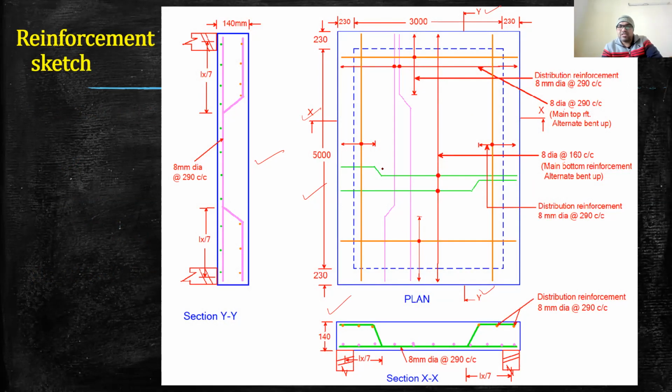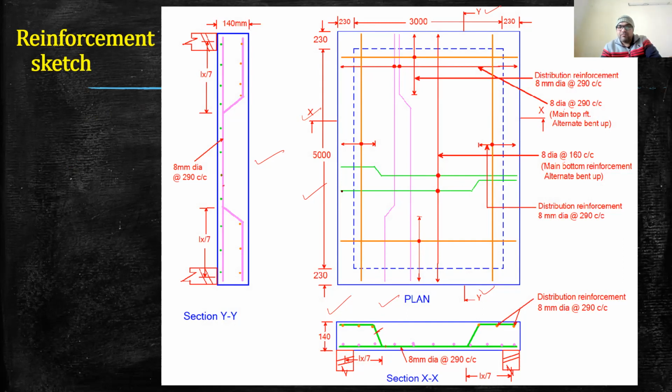First reinforcement is our main reinforcement, which is the bottom reinforcement. So you can see in the section, the green reinforcement, this one is our bottom reinforcement, which you can see here, on the bottom. And this pink reinforcement is the top layer, which is along the longer span, which is this one, you can see here. And this is above the top, which is shown as this dot. Okay. And also these reinforcement are alternately bent up.